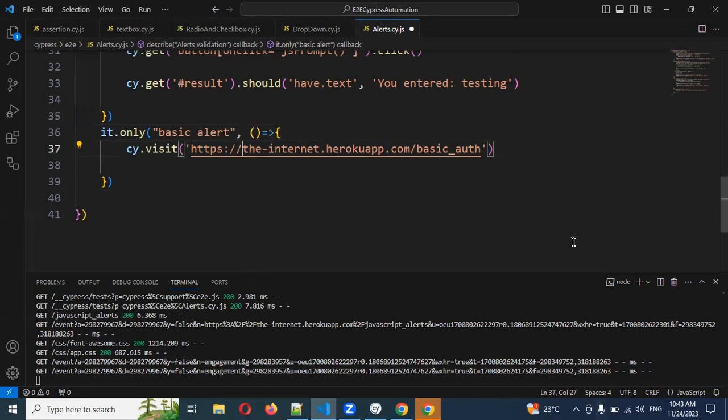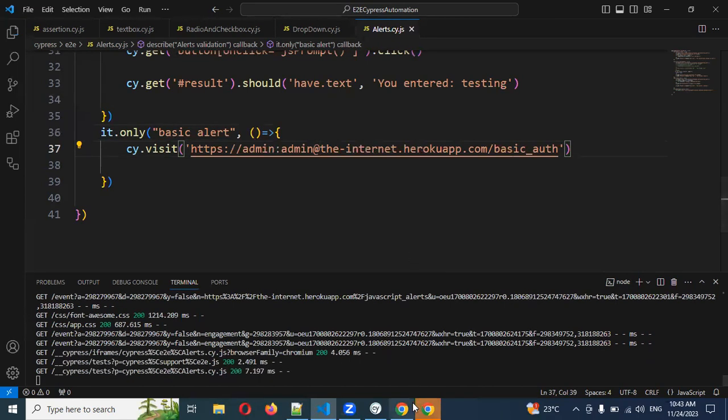Then I provide my username, as you may remember: https colon double forward slash, then username colon password at the rate symbol, so it will go directly. Admin is my user, colon, admin is my password, and at the rate symbol. Now if I save,